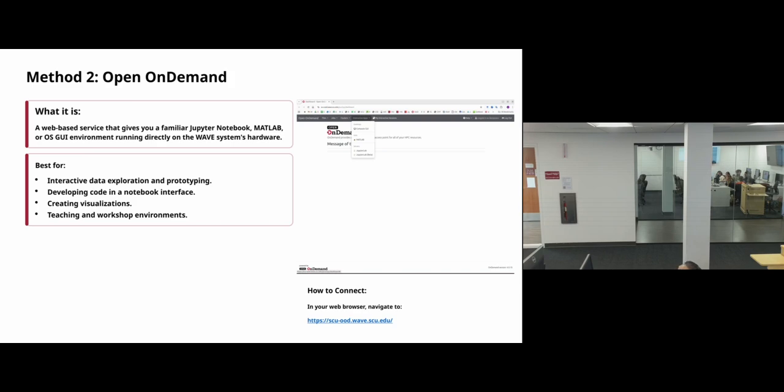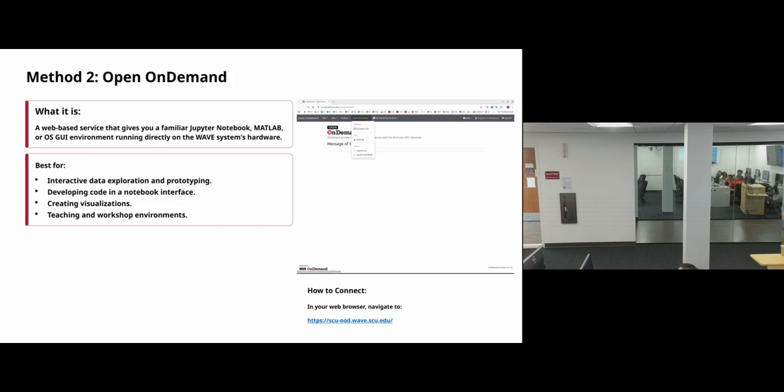There's a third way that coders like to use, and that is via VS Code. So from VS Code, you can actually directly SSH into the HPC, create a remote VS Code session on the HPC, and then you can code directly on the HPC from your laptop's VS Code environment.